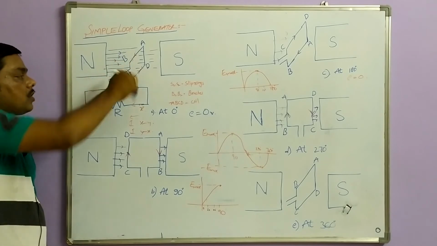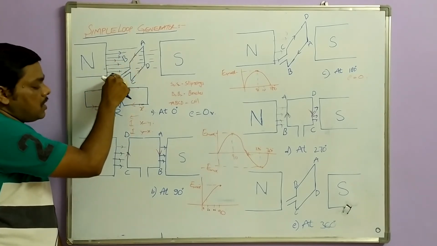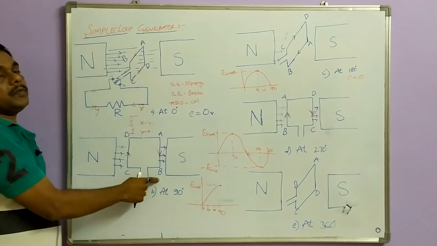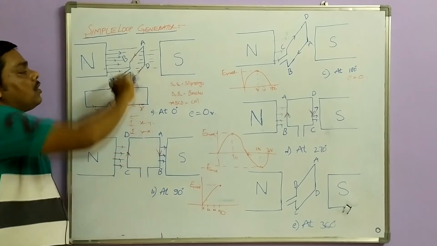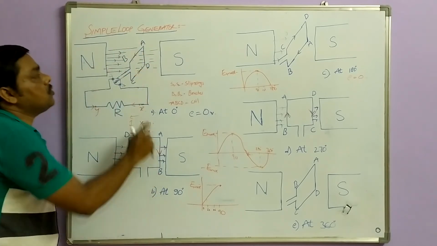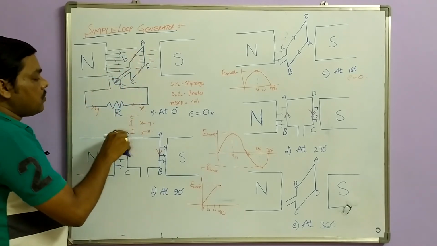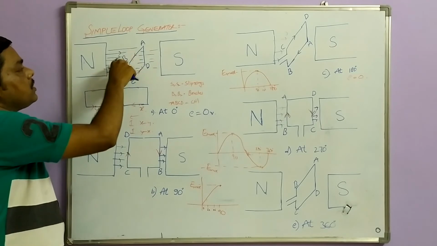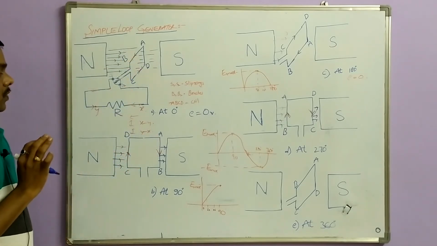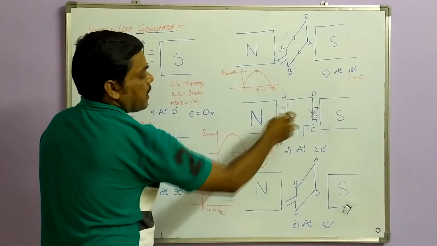Now when this conductor rotates, what happens? This S1 conductor is moving from AB portion to the lower portion of AB. Now the direction of current is from A to B. So your current is flowing from which side? A to B means from X to Y portion. And as you rotate further, what is the direction of your current?